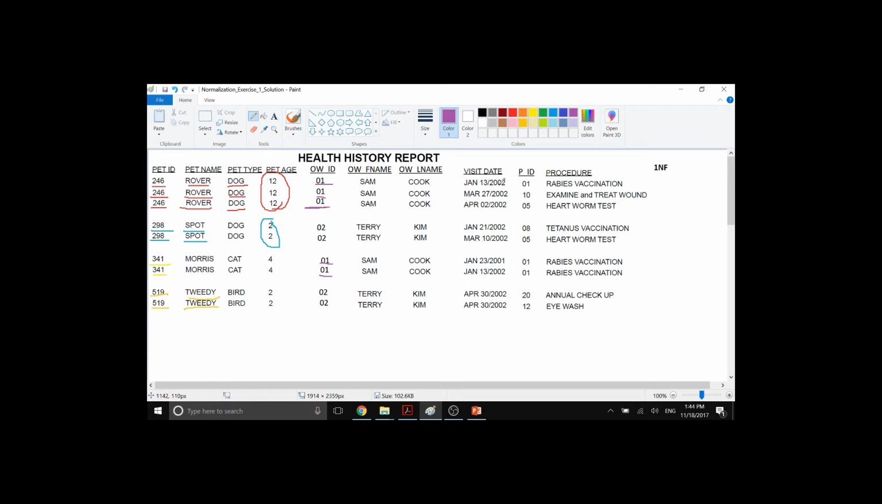What about visit dates? Each pet visits the clinic at a certain date, and they may get different procedures. But just by looking at the visit date, you can't tell much, because this pet has visited 3 times. This pet has visited twice. This pet has visited twice. This pet visited once, but he got 2 different procedures. Is there a relation between visit date and the pets? Not really, but there's a relation between the procedure